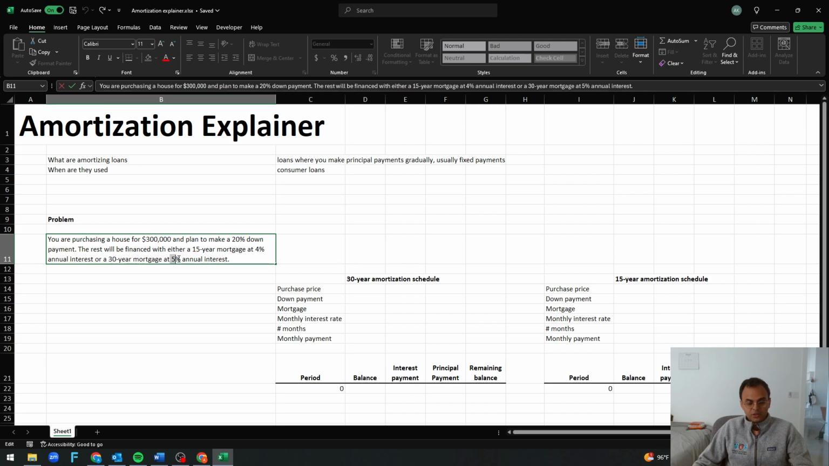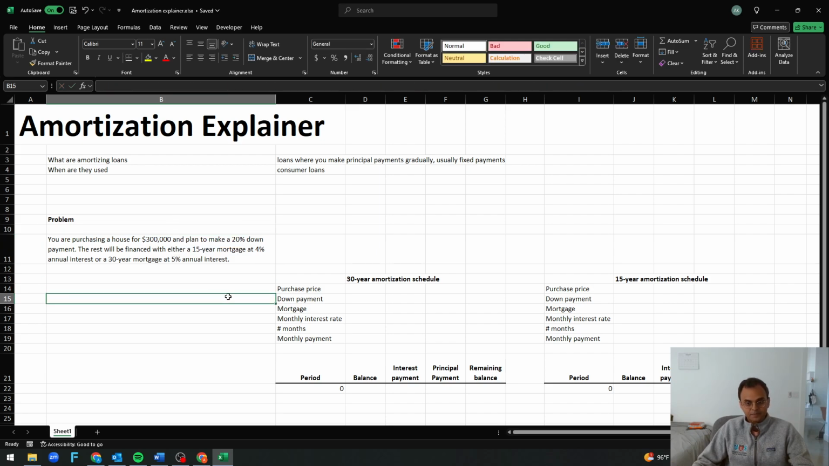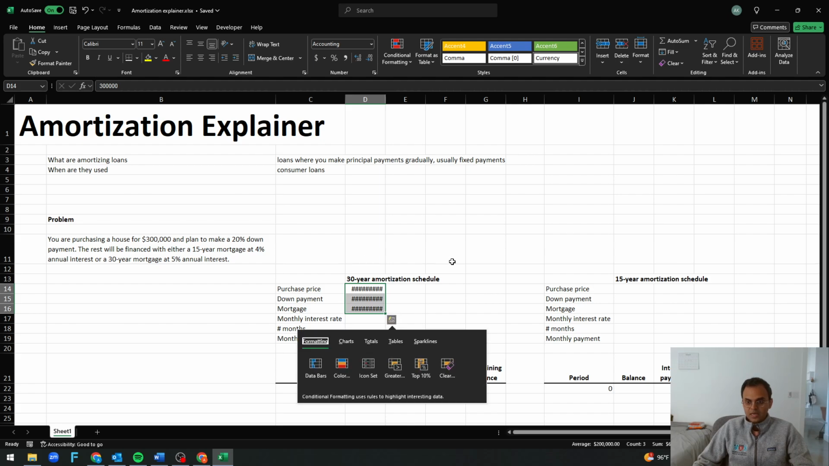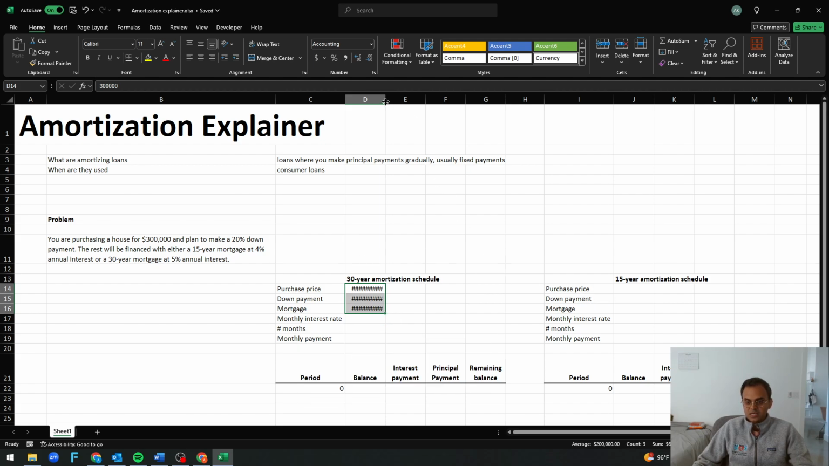mortgage. And the longer term mortgage usually has a higher interest rate because in general, the longer that you are borrowing money for, the more risky it is to the person that's lending money to you. So as compensation for that risk, they're usually going to charge you a higher interest rate most of the time. So the purchase price is $300,000. The down payment is 20% of $300,000, and the mortgage is the leftover amount. So the mortgage is $240,000, and this is the